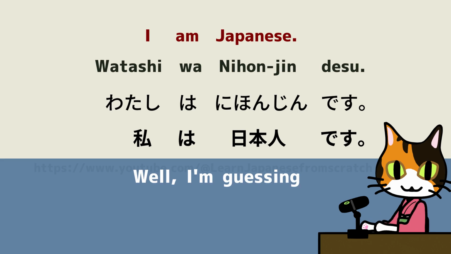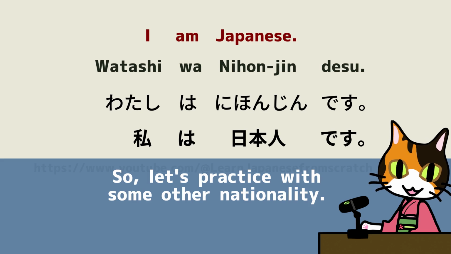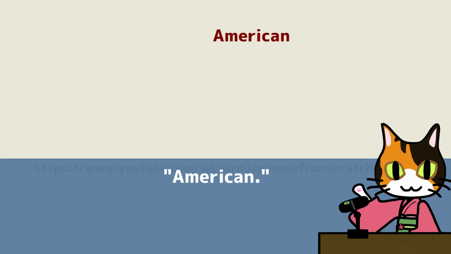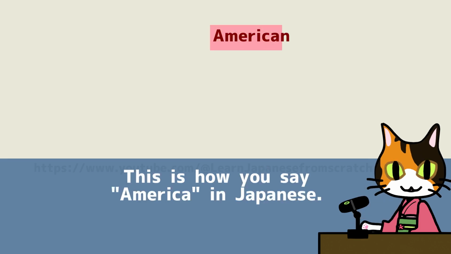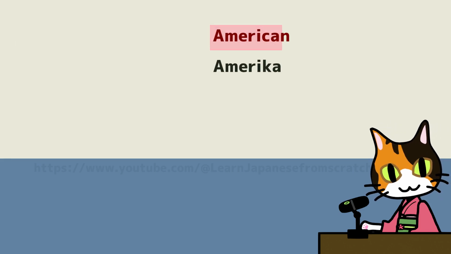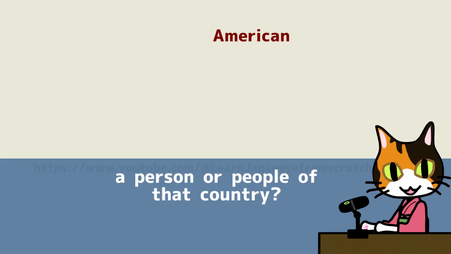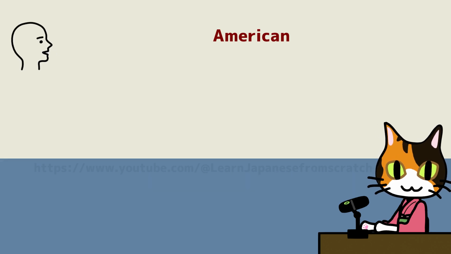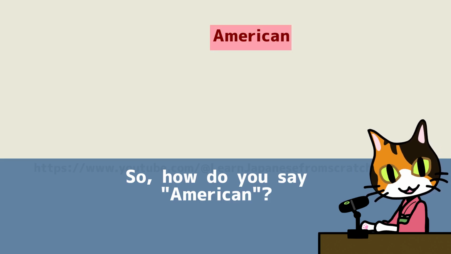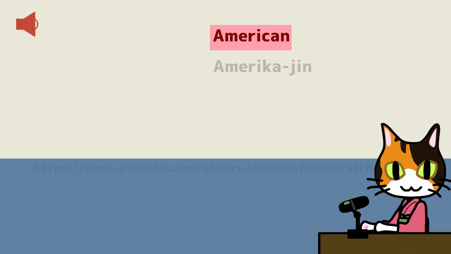Fantastic. Well, I'm guessing that most of you watching this video are not Japanese. So, let's practice with some other nationality. Let's say, American. This is how you say America in Japanese. アメリカ。 Good. So what word do we add to mean a person or people of that country? That's right, it's jin. So, how do you say American? Exactly. アメリカ人。